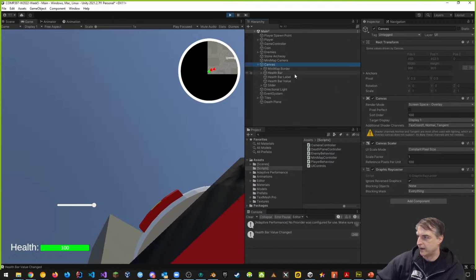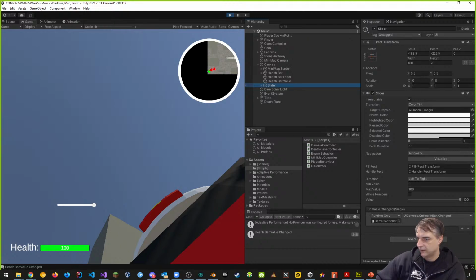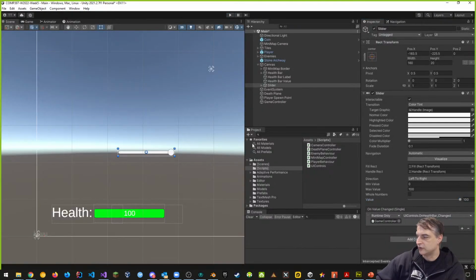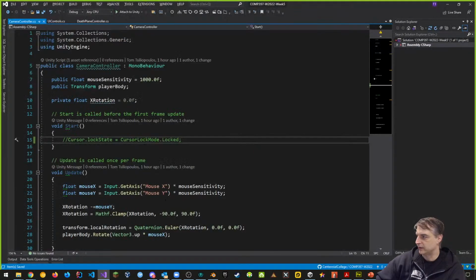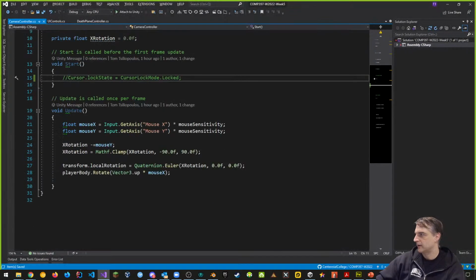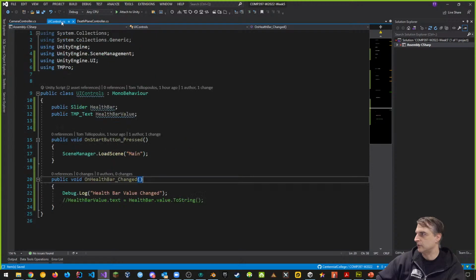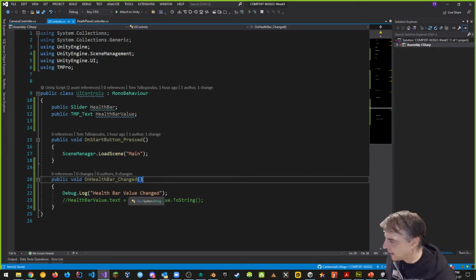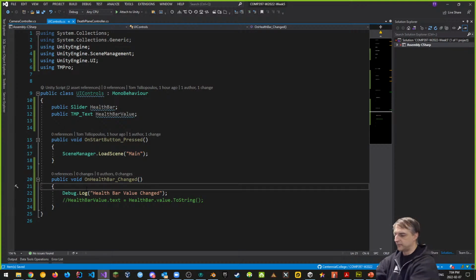So let's go into that health bar, or the slider, and let's just clear this. And if I change the value of the slider here, then it should change. Here's another thing to change. Even if it doesn't change here, what if I changed it manually? So in other words, if in the UI controls, I told the health bar value to change. So if I said something like,